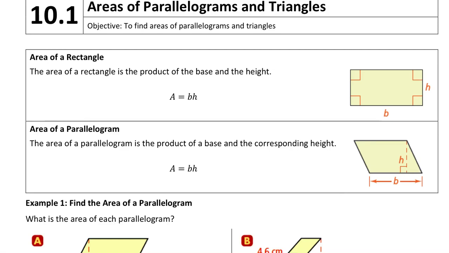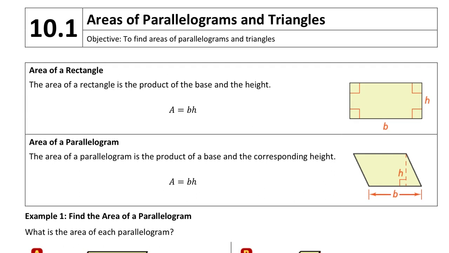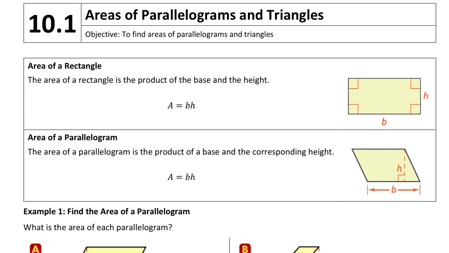All right, so in this chapter, we are going to be talking about mainly area of different shapes. And I'm going to start with the two most basic shapes that we are going to work with. And every other area formula we talk about after today is based off of these two shapes. So, to start, the area of a rectangle, you might know it as length times width, but I'm going to